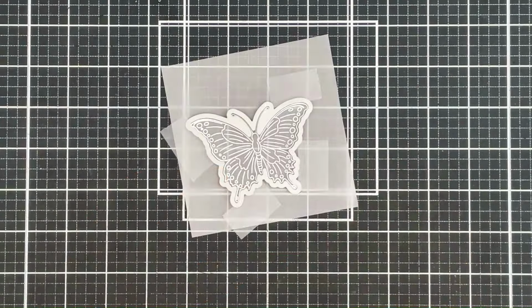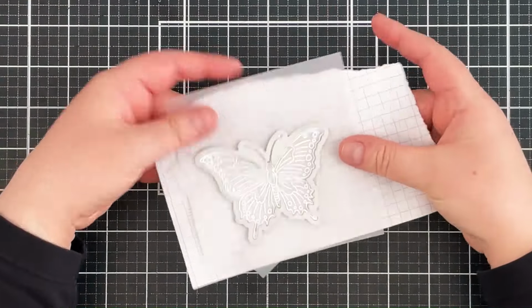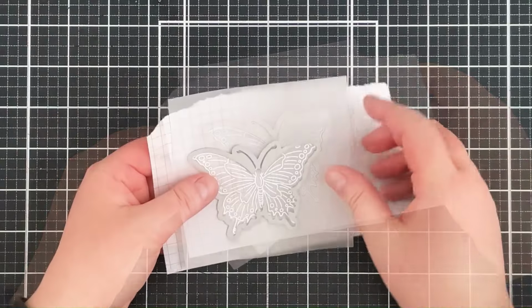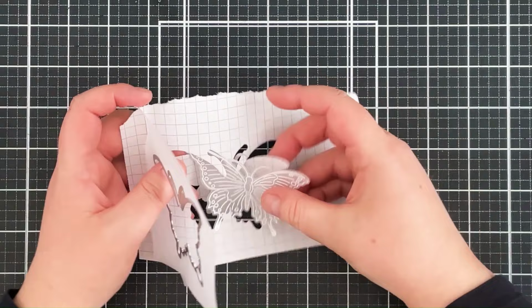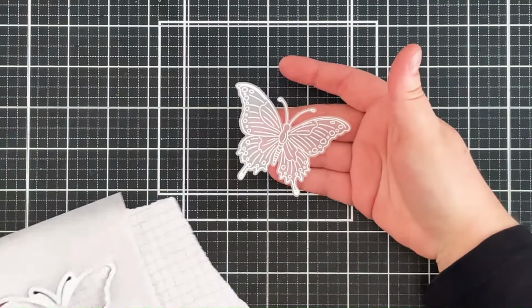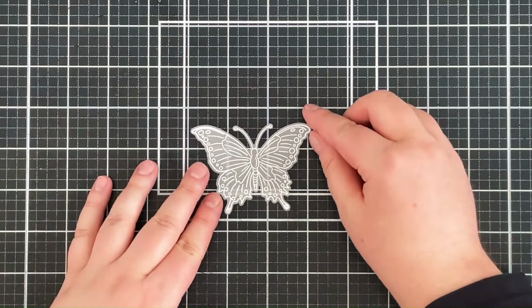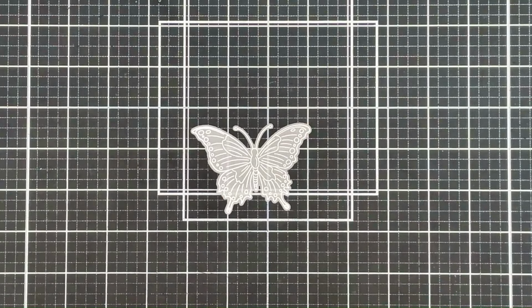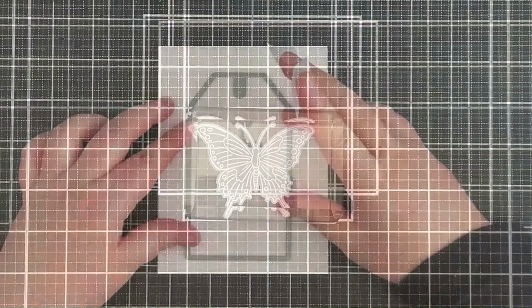When I'm doing any die cutting with vellum, I do like to die cut on top of a scrap piece of paper. This just helps to not only get a clean cut with the vellum, but also make sure that I don't get any marks on the back of the vellum from the cutting plates. So I've got my lovely butterfly there. Vellum does warp quite easily just with kind of moisture of your hands. So what I'm going to do is just place something heavy over the top while I work on the rest